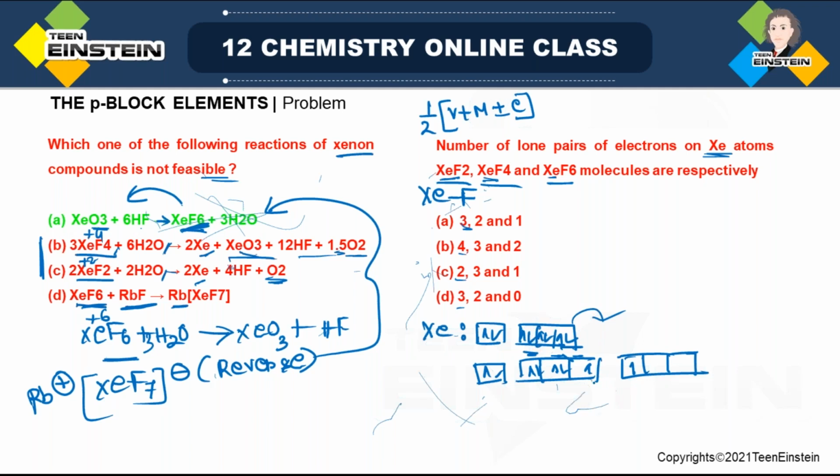So now we have 2 electrons. So these 2 electrons